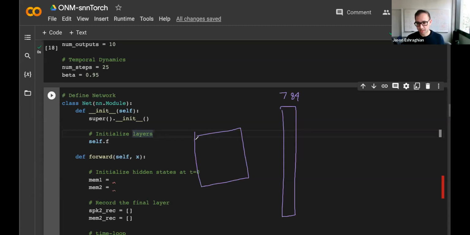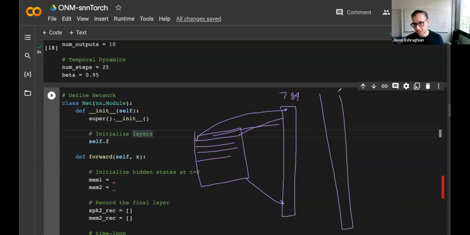So we've got 784 pixels in this image, and we're going to take this pixel and throw it into this neuron, take this pixel and put it here, this pixel here, etc. And then this is connected to our hidden layer. Actually, I think I said my hidden layer was 1,000 neurons. And then my output layer is 10 neurons. So this is what a normal vanilla fully connected network would look like.